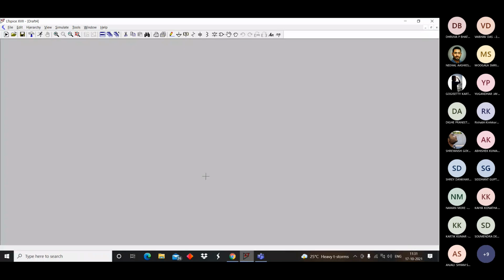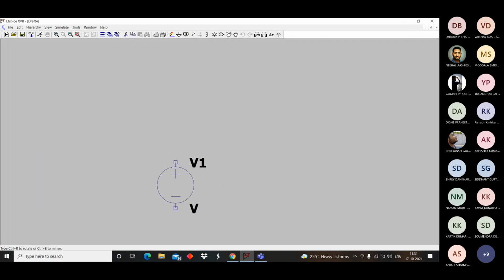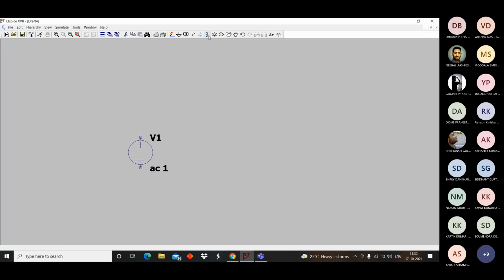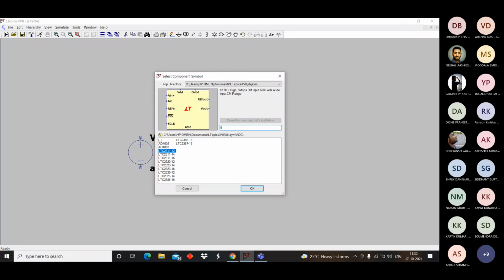Starting off with the design, we'll be using a voltage source. We'll go to the component library, find the voltage source, and label it as an AC source. Next, we'll choose the op amp, which is LTC6081.